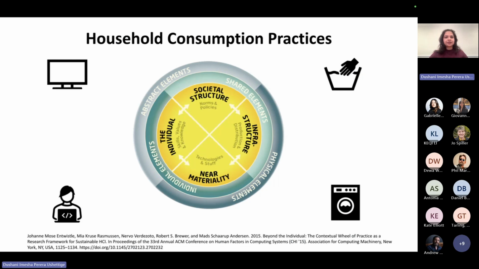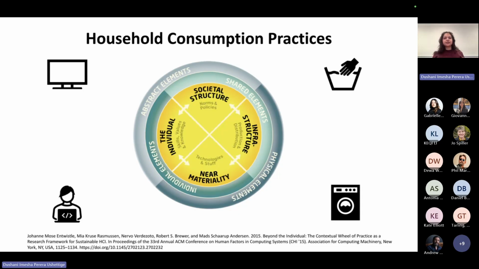So first, I'll give some background into what this research was about and why we need to look at this. On a daily basis, we all engage in activities at our houses that consume resources such as electricity, water, gas, travel, and even recycling and reusing practices.